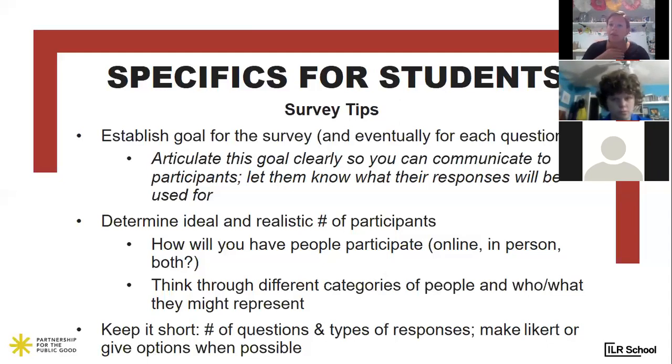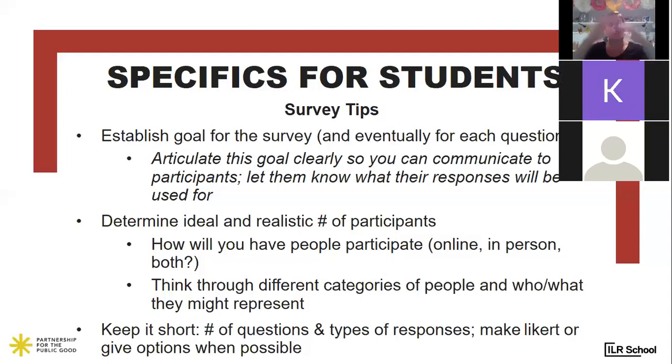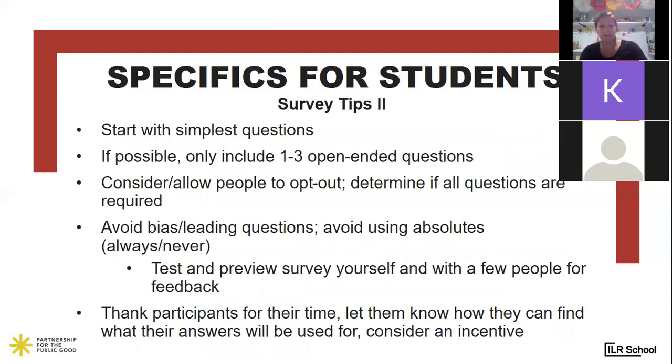So we made the mistake for some of our school surveys at first, because we wanted people just to type in whatever they thought, and it took us so many days to sort through these responses, but it also wasn't very helpful for us to draw conclusions because people said so many different things. So give options when possible. If you're asking, what are the best ways that we could reach out to you? Put email, phone, posters, libraries, give people options so that they can self-identify, and allow them, if it's helpful for you, to do multiple responses.